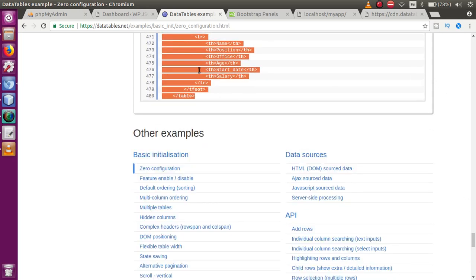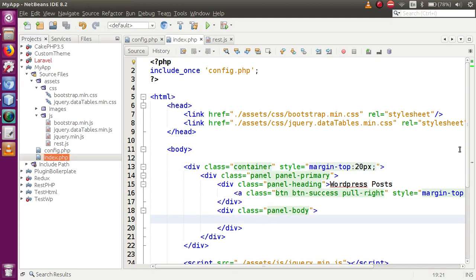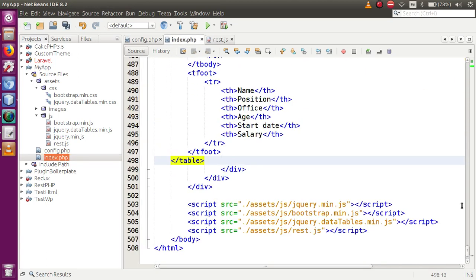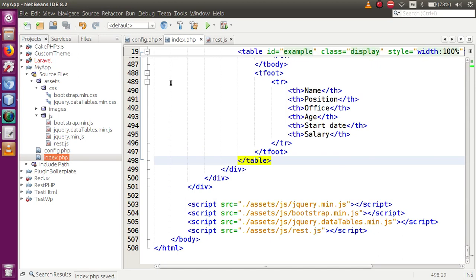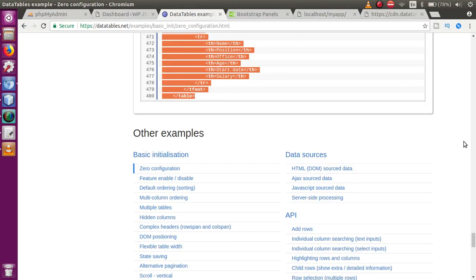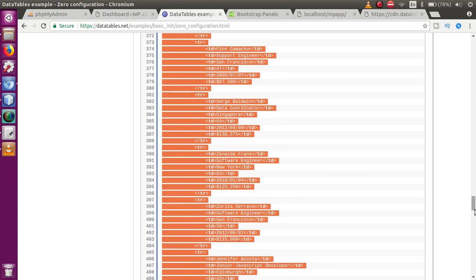So all these contents I have made copy of that. Just make copy and paste inside this panel body section. Okay, I have pasted successfully. So just go to the browser again, and let's say that inside this JS folder,